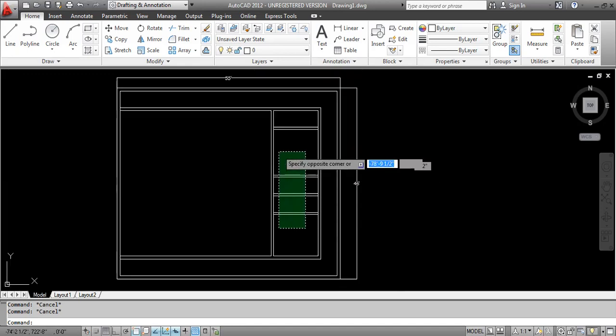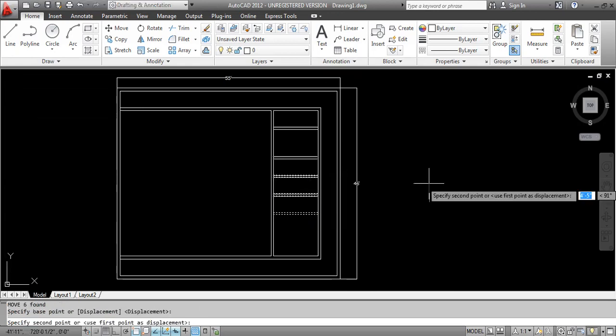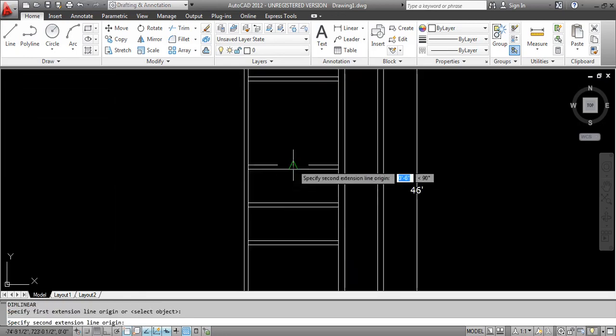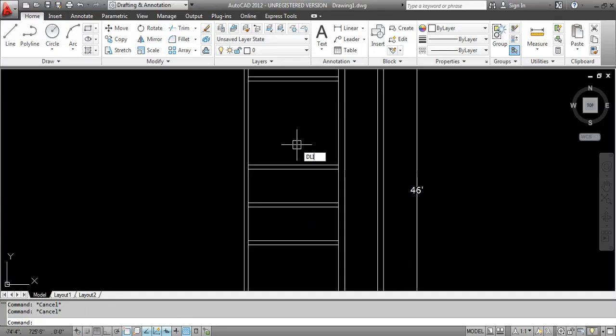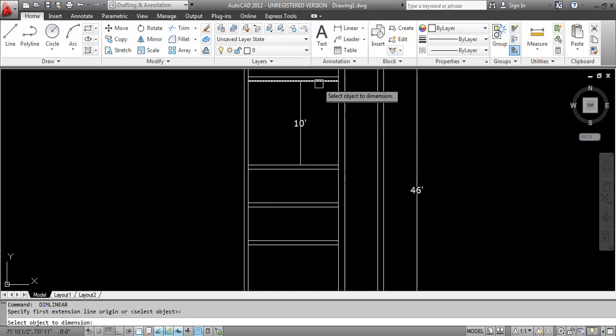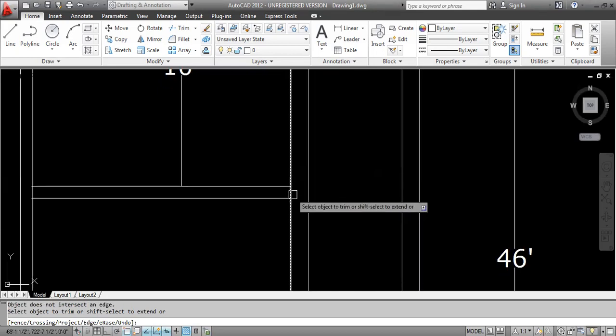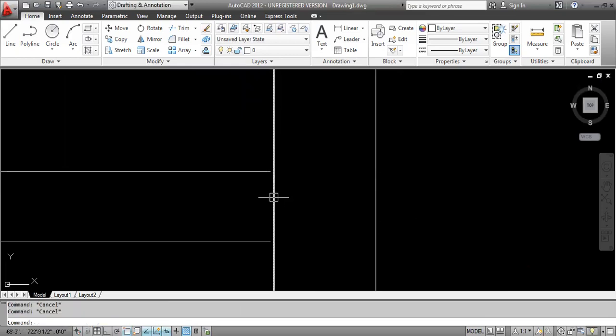Now we will give this room size 10 feet. I am just moving 1 foot over at the top. See, sorry, by using the dimension command, you have to trim again. Sorry.